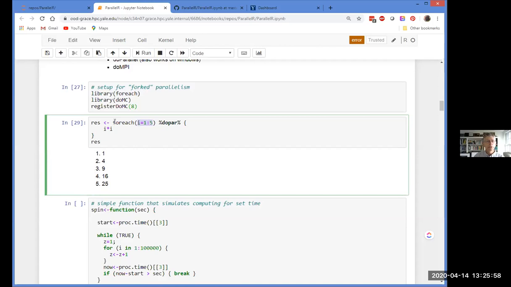Now, for foreach, the syntax here is you say foreach, and your iteration variables, this custom operator, %dopar%. This is just syntax, don't worry about it too much, but this is the way you do a foreach. You say foreach, some iteration variables, %dopar%, and then the code. So this is a code block, all of this here, and that is what is going to be executed once for each of my iterations. I have 5 iterations. i is going to be set for all the values between 1 and 5, and for each of those iterations I'm going to execute this code here, and so you can see exactly how that works.